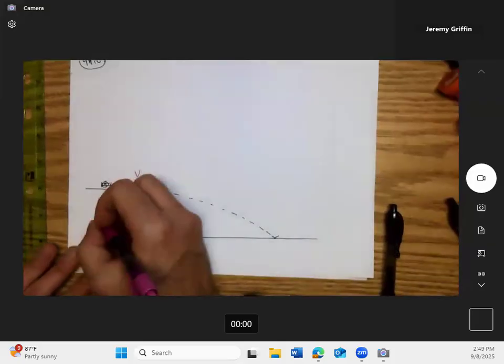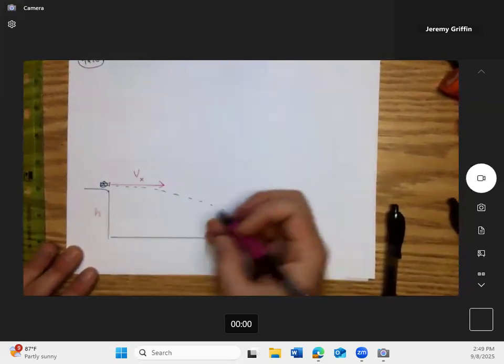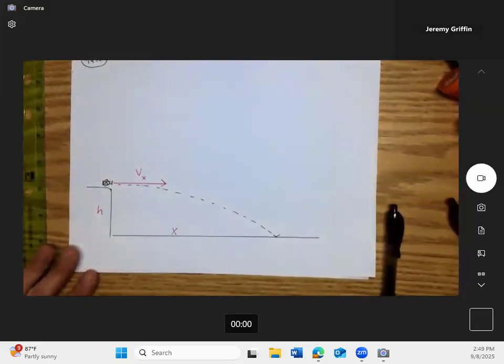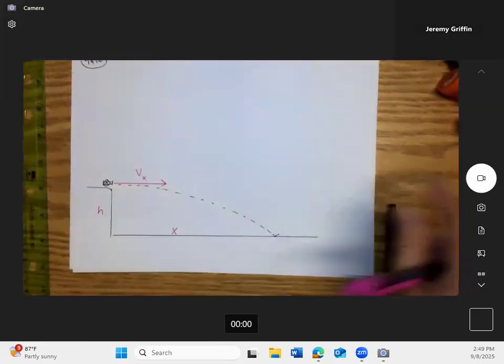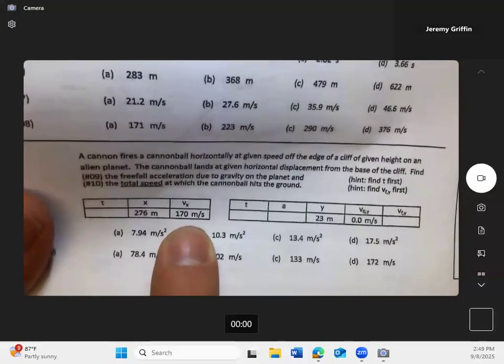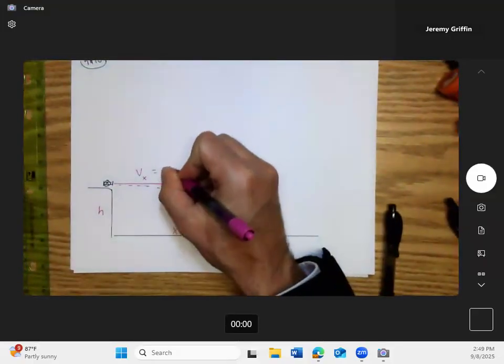I'll call the height of the cliff H. I'll call the distance it lands from the base X. I think that's all we need right here. So I did tell you the blast speed. Now I'm looking at my paper. It says, can you find your blast speed, your launch speed, this horizontal velocity? Mine says 170